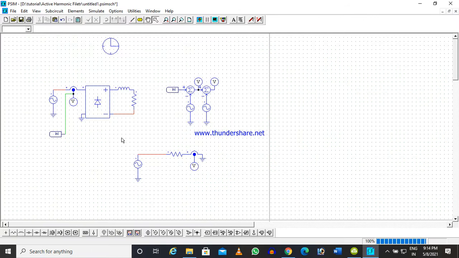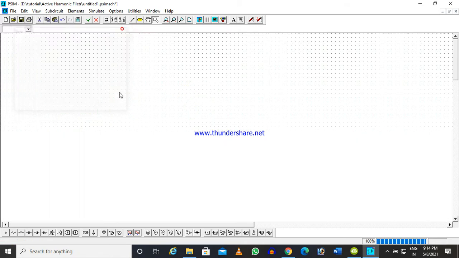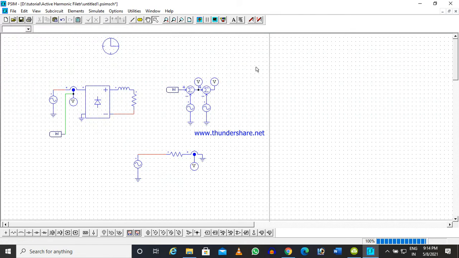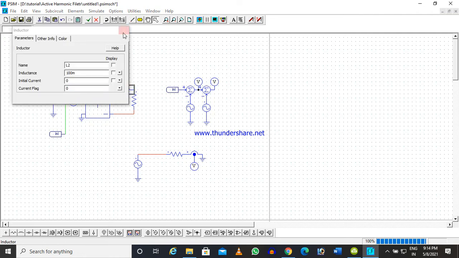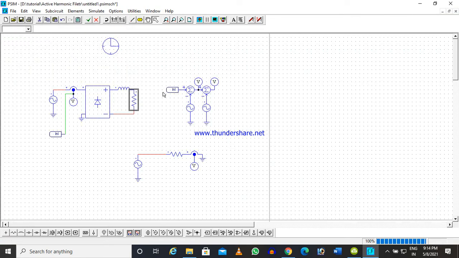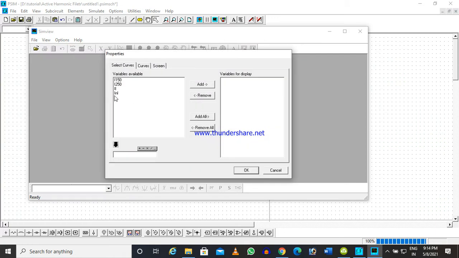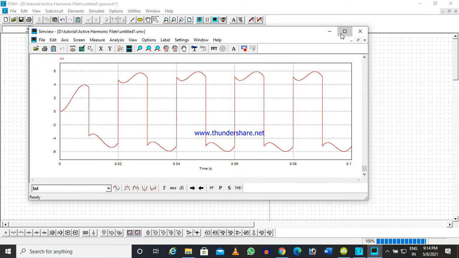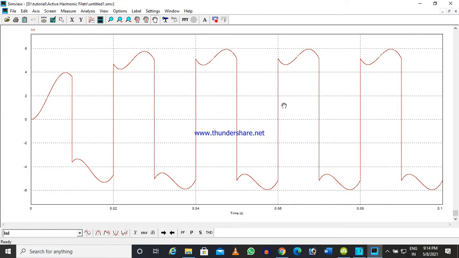Now instead of that, here I am using one rectifier, a single phase rectifier, with the same voltage. Let us see what the nature of the waveform will be. Here I have given one nonlinear load, I think 100 millihenry and 12 ohm. Whatever it may be, we are interested in the input current waveform. Now you see it is not sinusoidal.